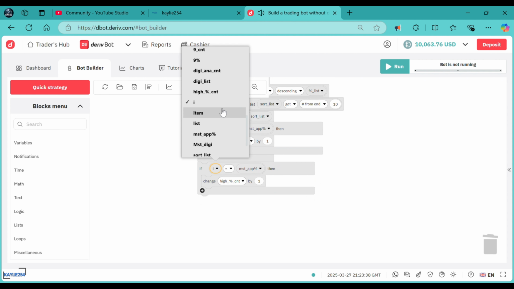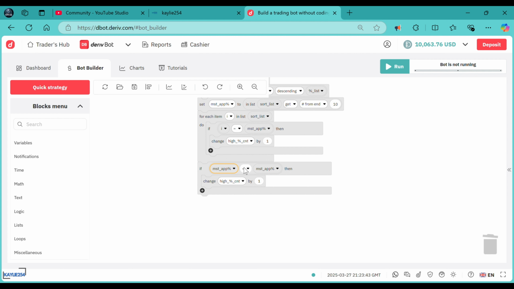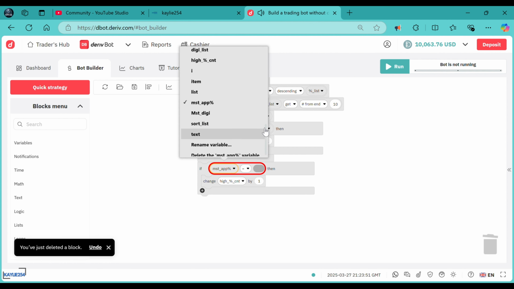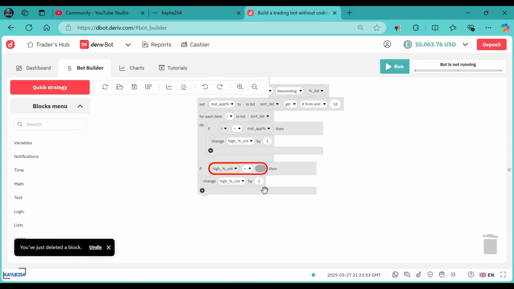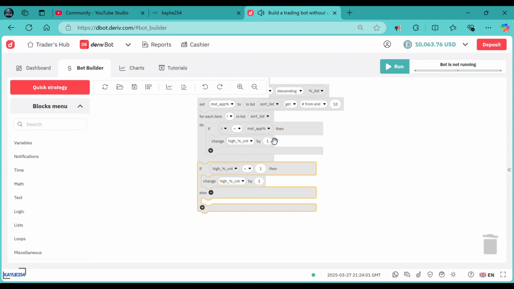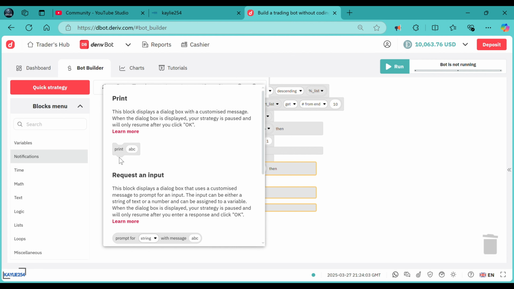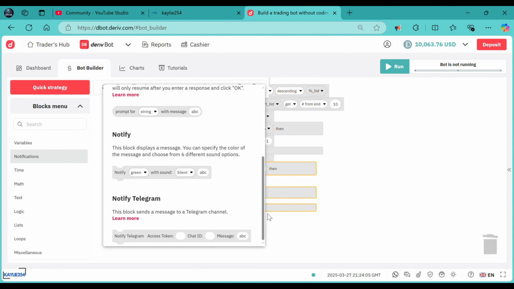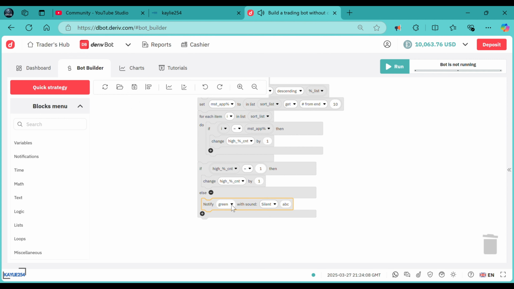If most appearing percentage is equals to, if high count is 1, high percentage count is equals to 1. We also need else. That is else we need a notification. We need it to be in red. Then this one will be, we have more